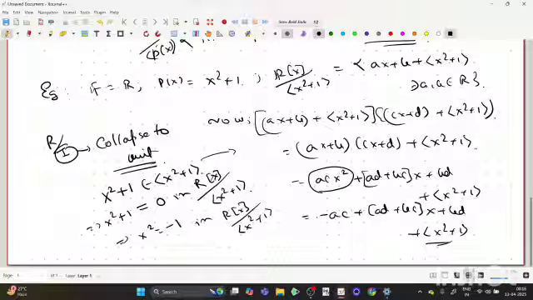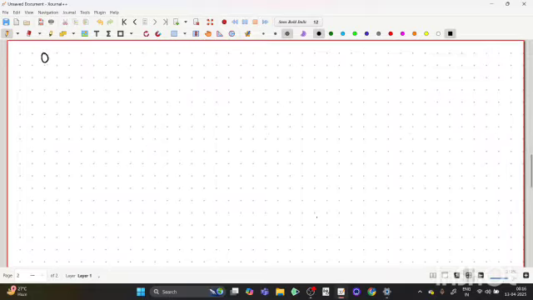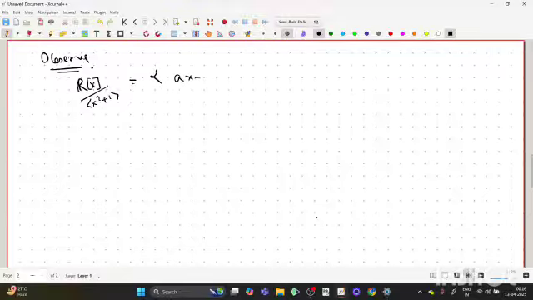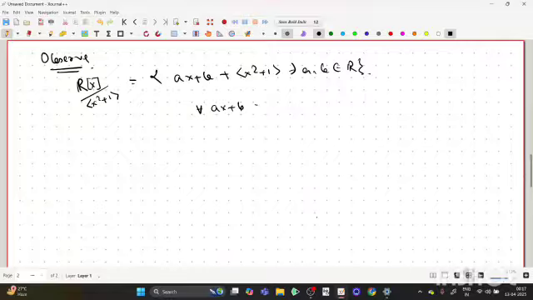Okay. Now the reason why I chose this example is very important. Observe. So reconsider R[x] upon x square plus 1. This is the collection of all the elements ax plus b plus the ideal generated by x square plus 1, such that a and b are in R. And what we just saw is the following, that for every ax plus b plus the ideal and cx plus d plus the ideal,